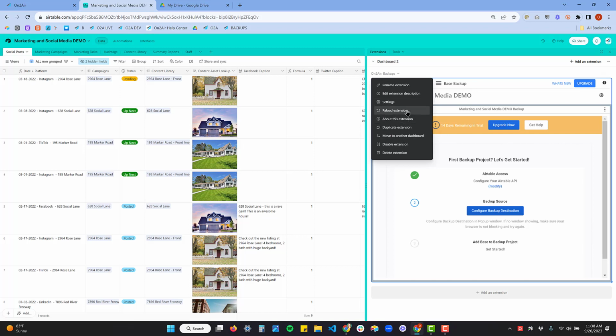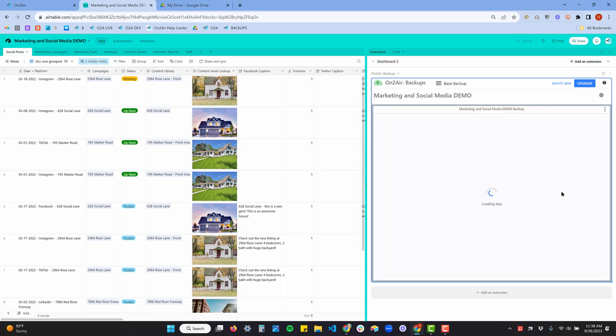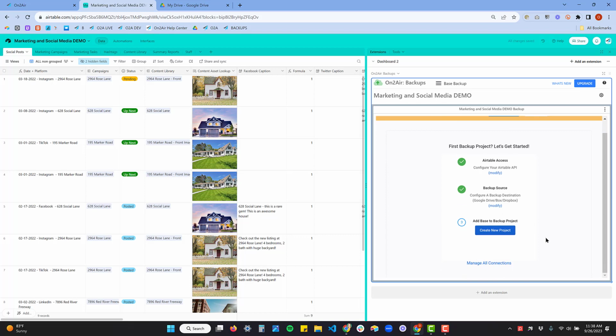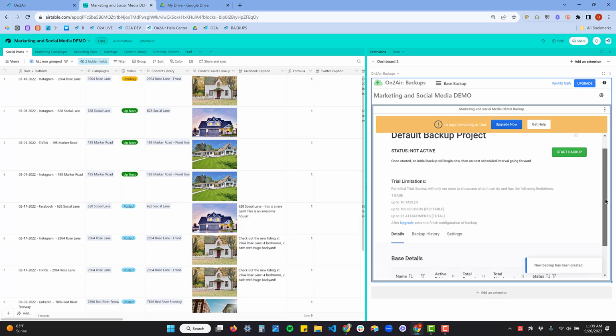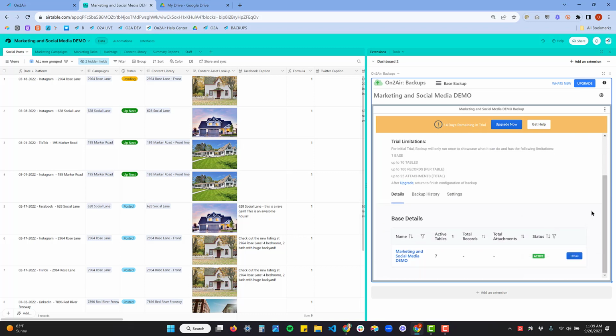We're going to do one more reload of the extension. Now we're connected, and we're going to create a backup project. A backup project just holds a single or multiple Airtable bases to back up. Whatever Airtable bases you add to a backup project, they will be on the same schedule. So we'll create a new project. And because I am in this Airtable base, it automatically can tell which one we're in and adds it